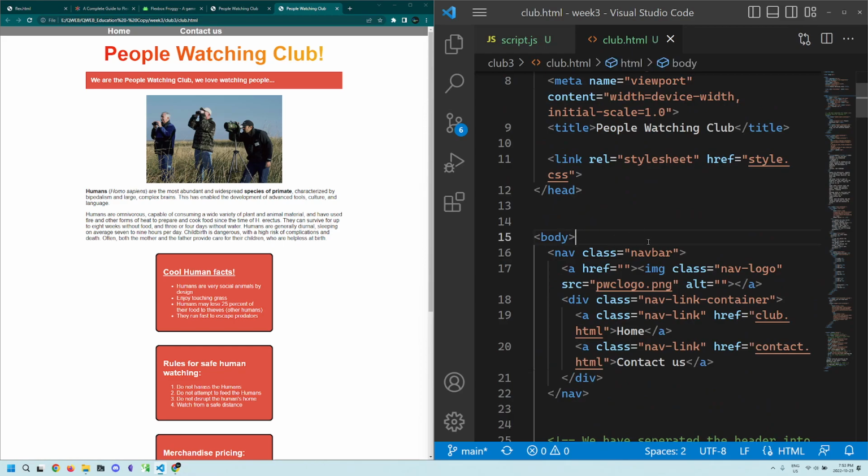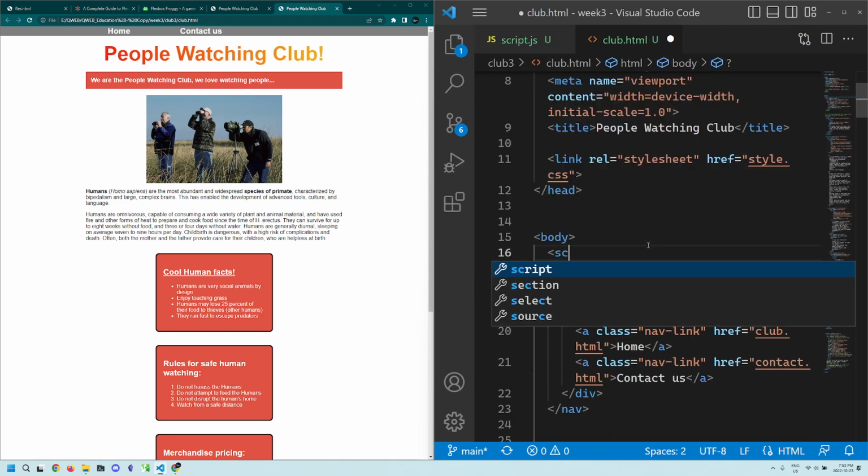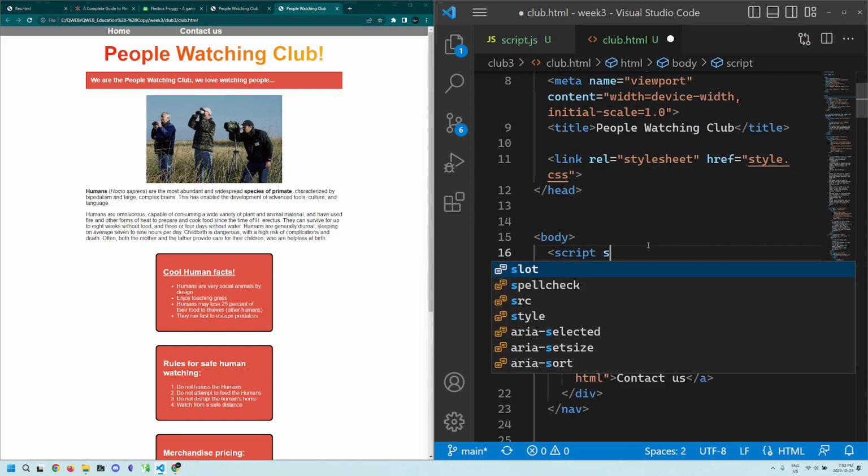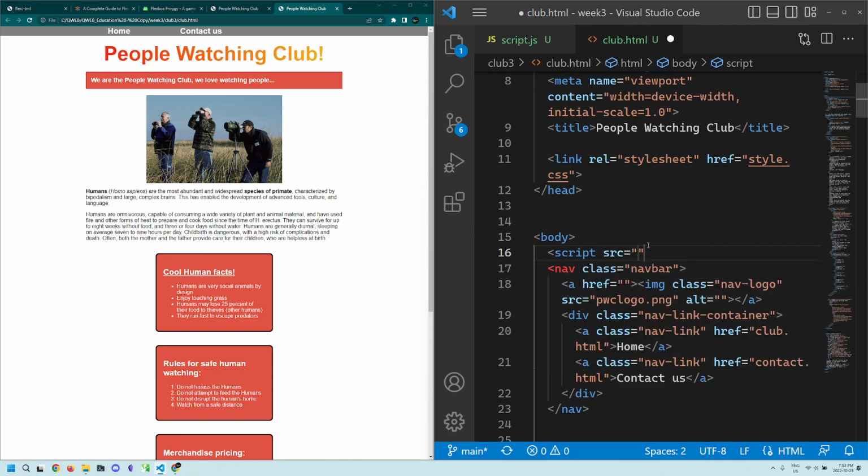We're going to go just to the top of the body for today, and we're going to say, hey, script. And script is just like the style tag, except for JavaScript. And we're going to provide it with our script's information. To do that, we have to give it a source. In this case, we're going to say script.js is the source,